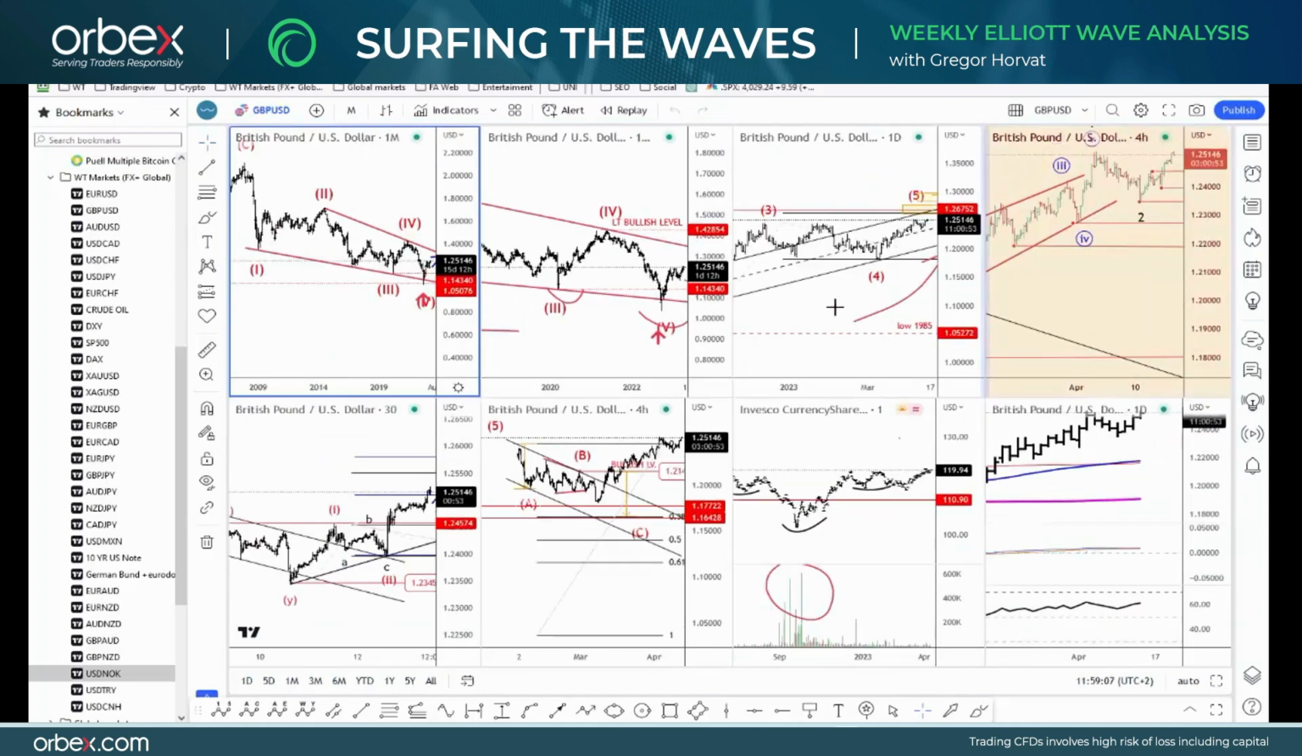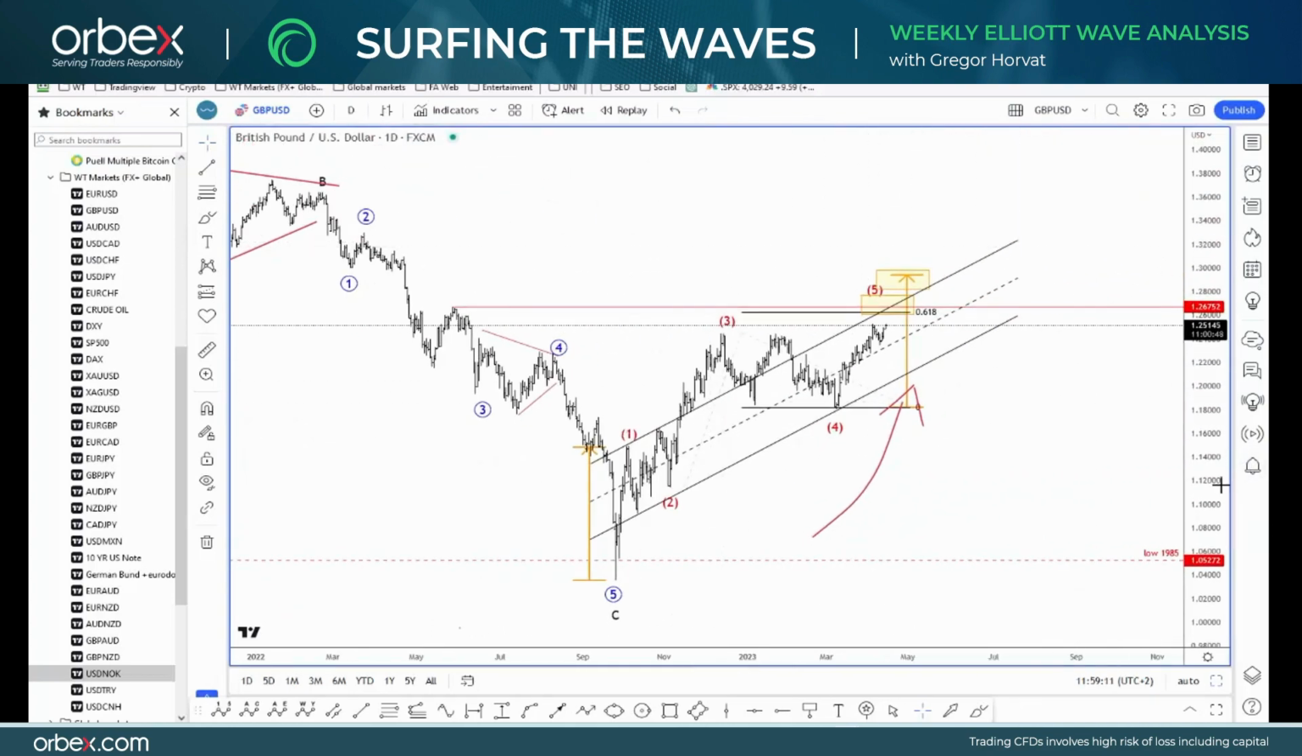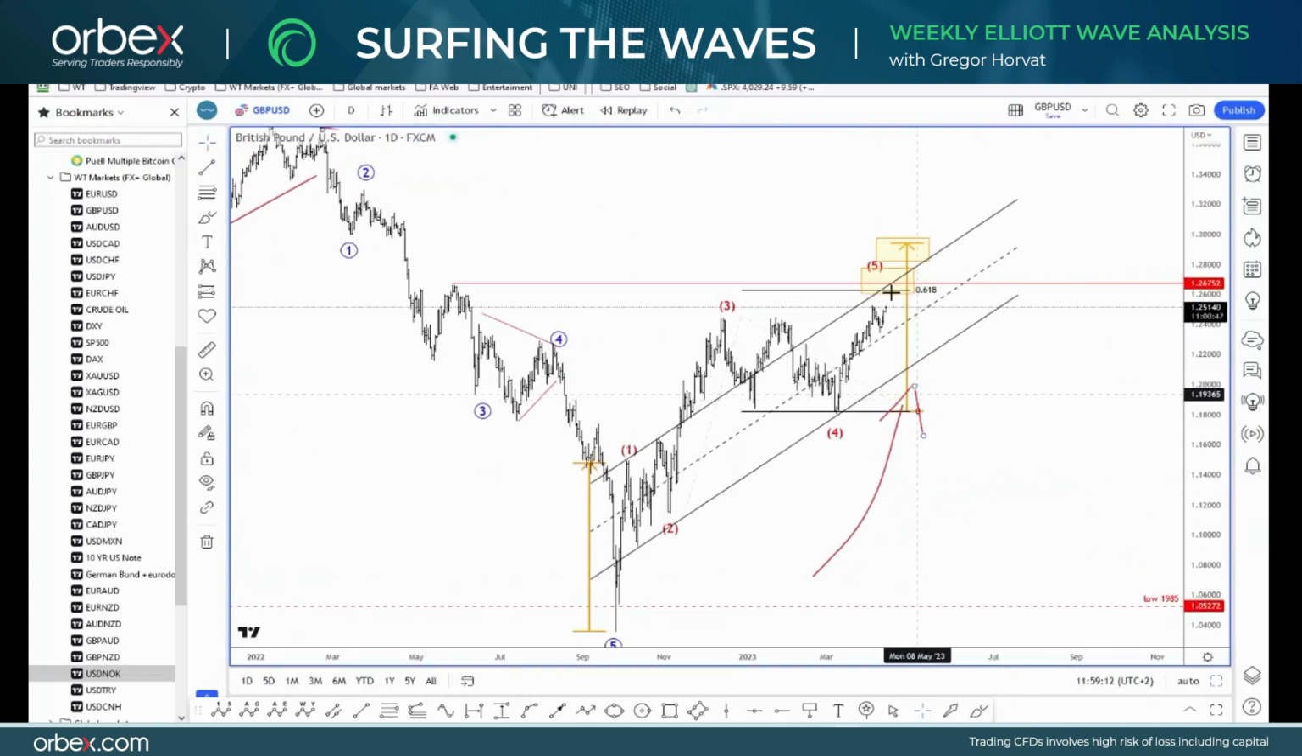Now also looking at cable, we are seeing a very nice move to the upside. We think that there is a fifth wave, so definitely you have to be careful whenever we are trading in a fifth wave already at new highs, because we know that the higher degree recovery can very soon slow down. However, looking at the Fibs and the previous swing high that can act as a resistance, I think that there is